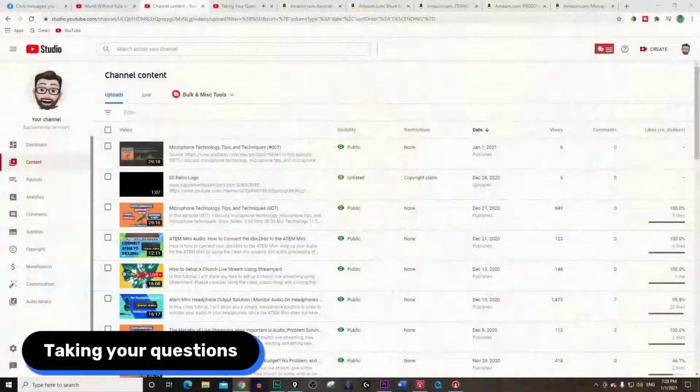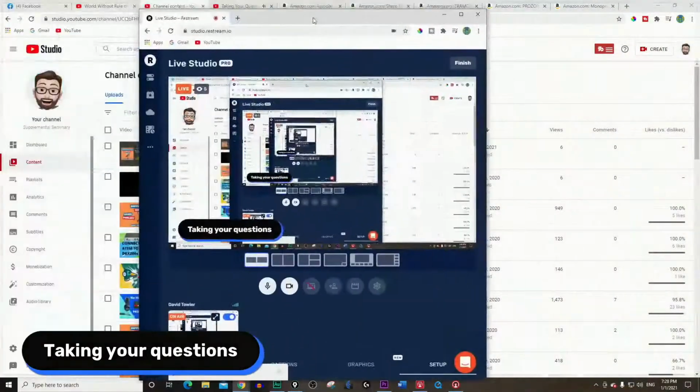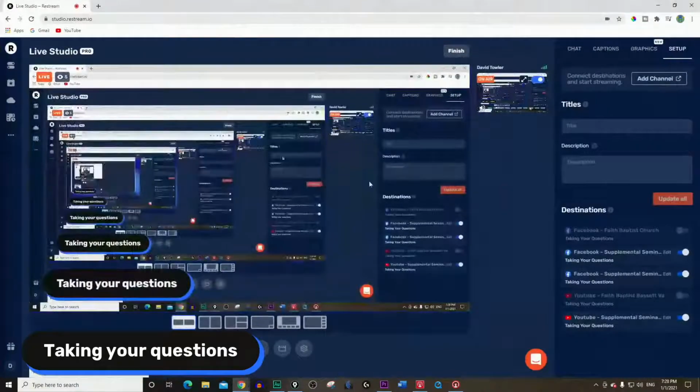I can share my screen. And like I said, I'm using, as you see on the screen now, Restream. And I'm giving it a test drive because you have 7 days to try it out, and then you can return it and get your money back if you don't like it. And this is allowing me to, let me again show you on the screen and bring this over here. It allows me the ability to stream to multiple locations.